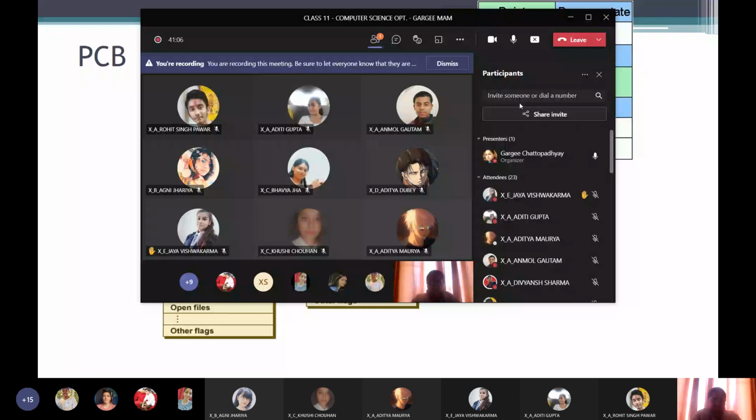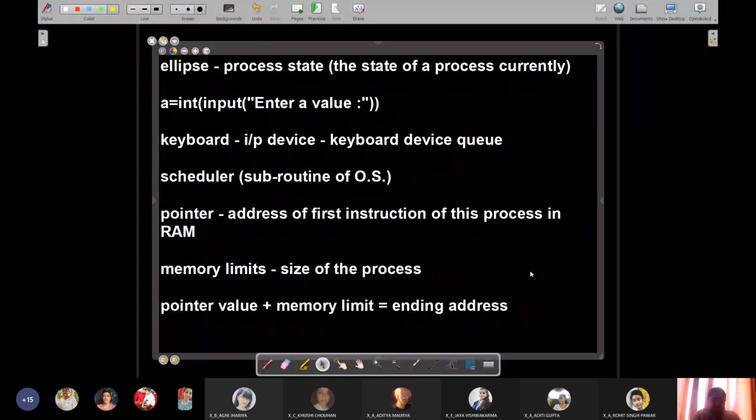So you first get the starting address, you add the size of the process, and you get the ending address of the process, right? And why memory limit?